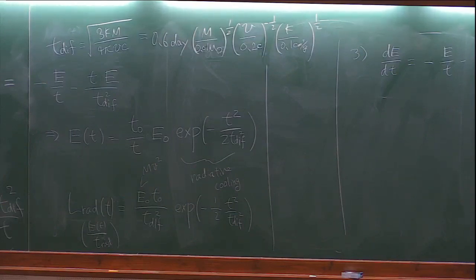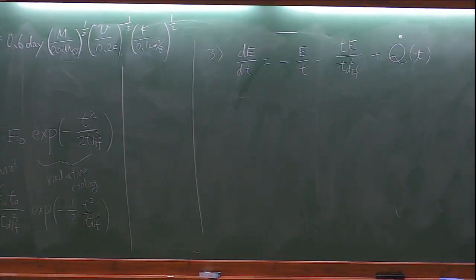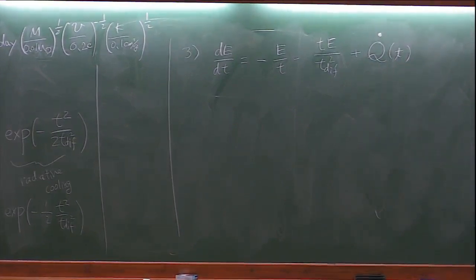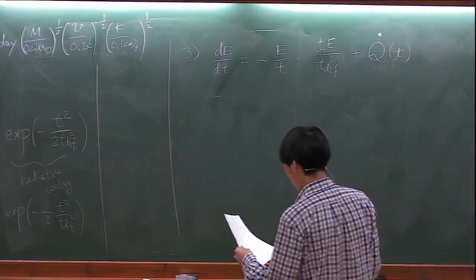So you can also solve this equation with some additional heat to this ejecta. We usually think for this kilonova, the standard model, we assume this is radioactive heating of the r-process elements. But you can add anything you want. Maybe your black hole radiates something, and the heat up of the ejecta also comes into this term. In the magnetar model or cocoon emission model, you can always assume some Q dot. And the solution is